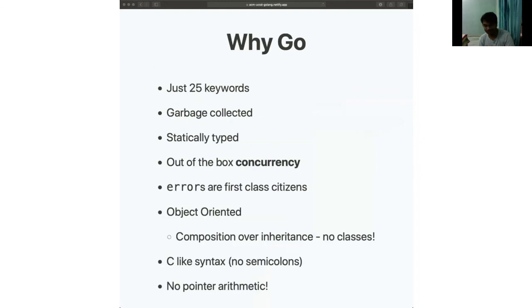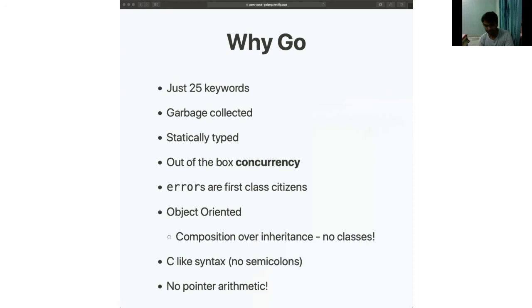One of the first questions is why would you pick Go out of all the different languages like Rust and all the cool new ones? One of the main reasons is that Go is really simple, in the sense that there are only 25 keywords in the entire language.